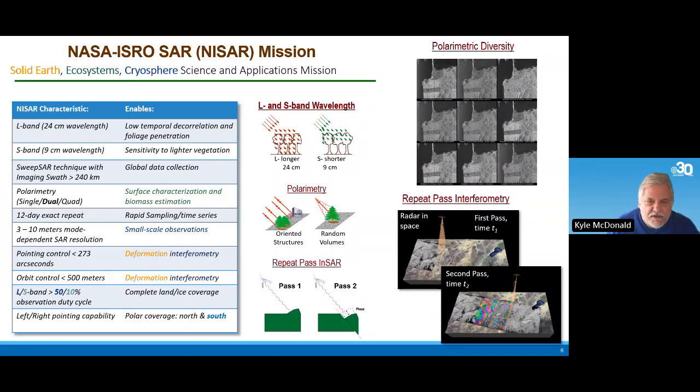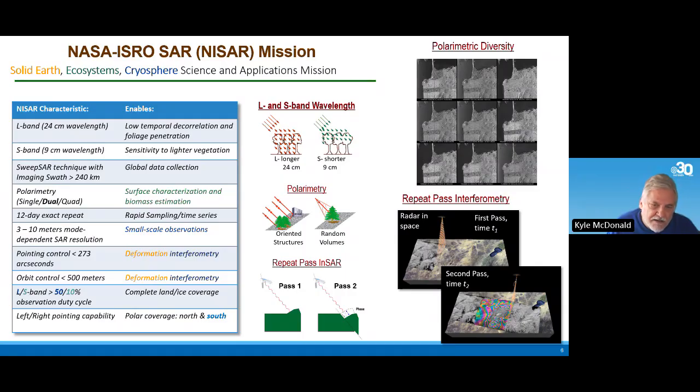The reason we want to use different wavelengths here is because, owing to the scattering physics, the interaction of the radar energy with the various vegetation land cover types, you get different sorts of penetration capability. The longer wavelength L-band radar energy will penetrate vegetation more so than the shorter wavelength S-band. S-band will be very useful looking at lower biomass vegetation structure, things like agriculture and things of that sort. It also has a very unique capability here for providing 12-day repeat observations globally with sub-cycle samples within those 12 days,